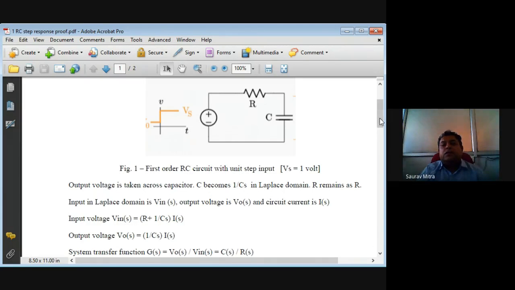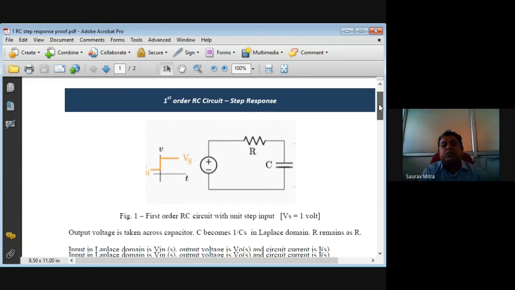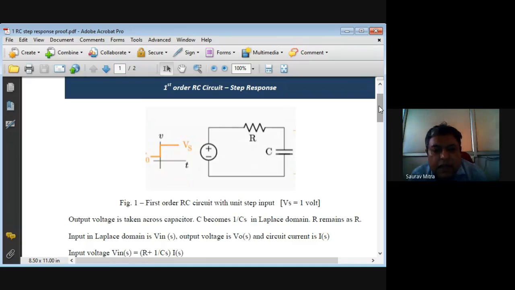Okay, so this is the circuit that you have to draw. The question is, there is an RC circuit and we are supposed to find out what is the step response. So here I have shown an RC circuit. There is only one resistor and one capacitor here, you can see. And this thing is shown here at the input. It is a step response kind of a thing.